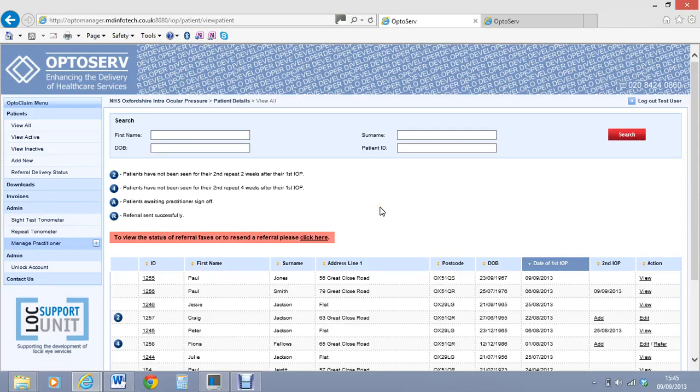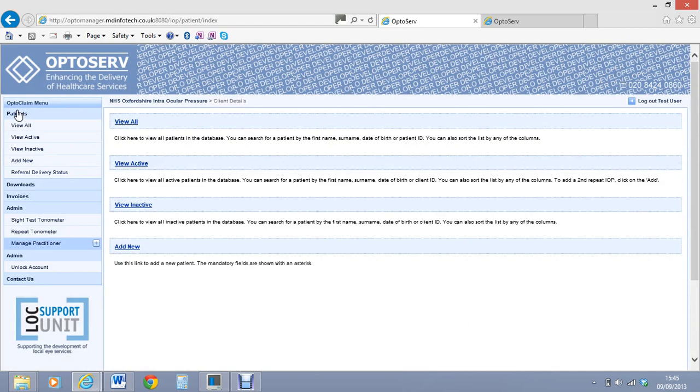I'm going to be running through chapter number 8, I think it is now, which is going to be running through the referral delivery status, but also basically these codes here. So under the patient system, just to mention, I've gone through all the different scenarios of the patients that come in for the initial, their repeat, their second repeat, and they get referred. But when you're looking at these patients,